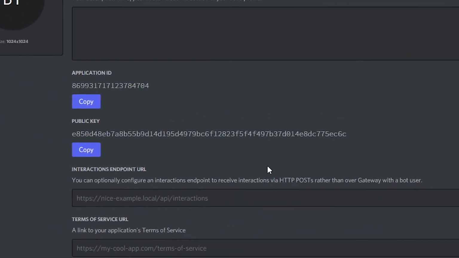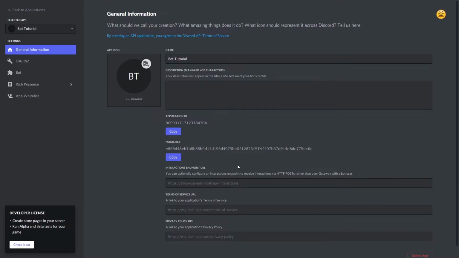It might be a bit confusing at the start, because a lot is going on here. And it is going to be confusing. But we only need the application ID, and the bot token. Now we have to create the bot. In the Bot tab, at the left,